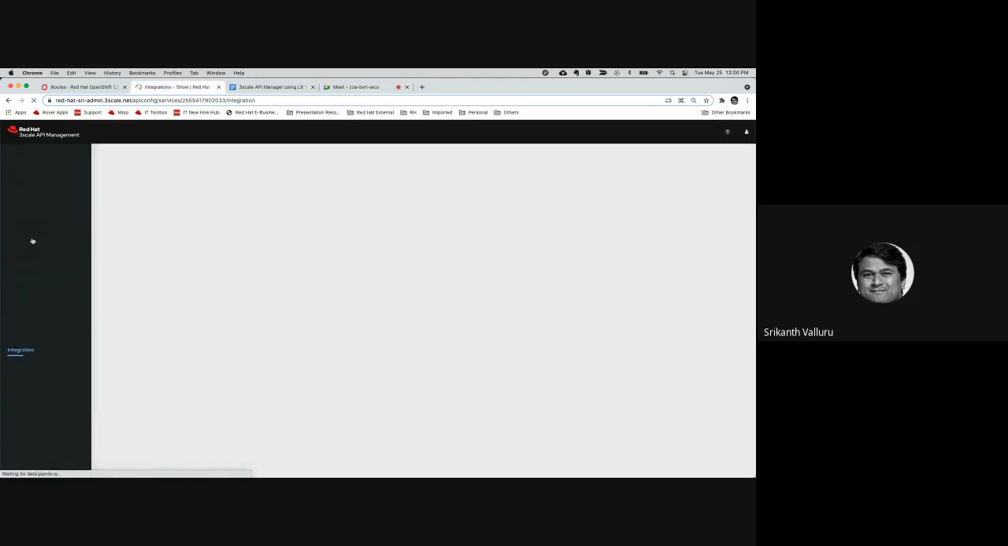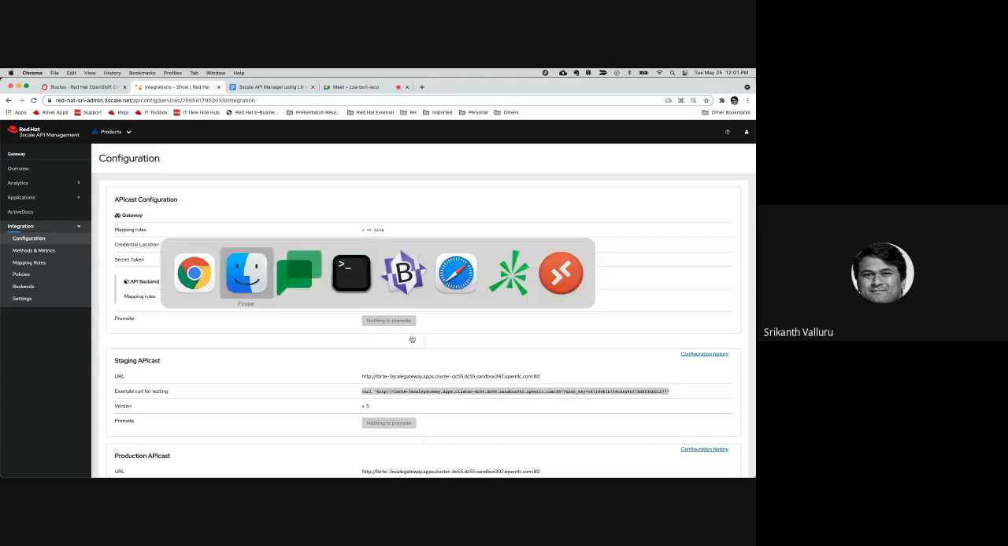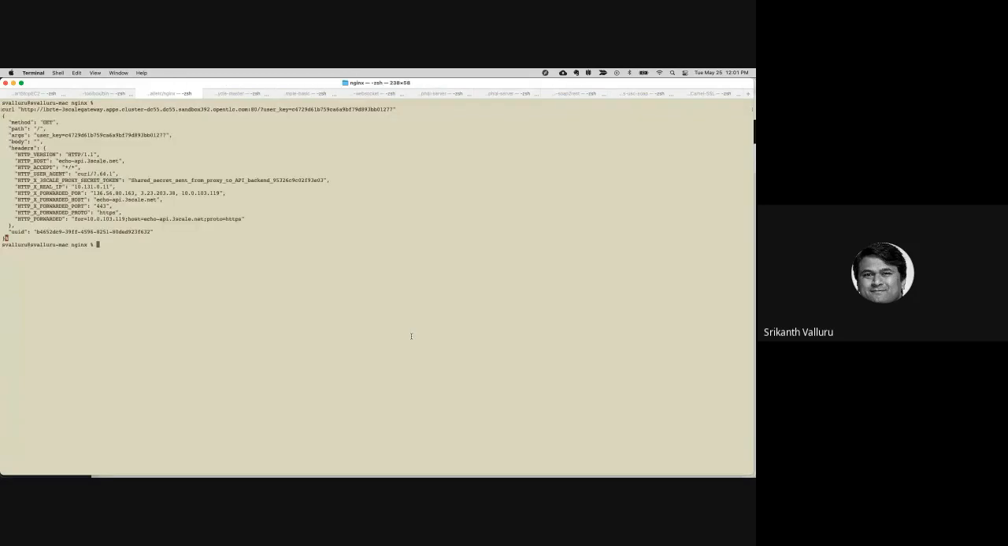Here you will see an option to promote the product. Click the promote option and you will then see a curl command which will give you the sample URL to test out. So copy this curl command, go to your terminal, run the curl command,